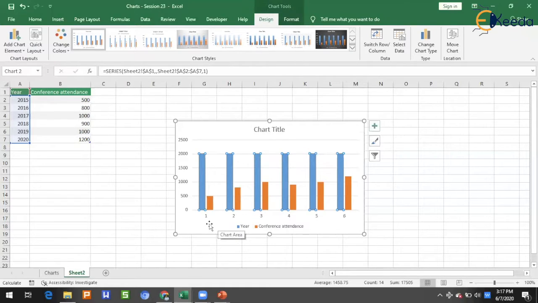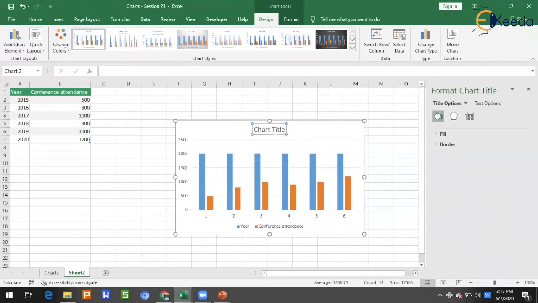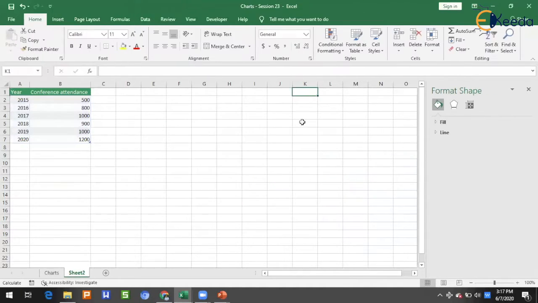So this is how you do it. You can edit the chart title. Say, I want to give the data. This is how you give it. If you wish to give some other name to it,